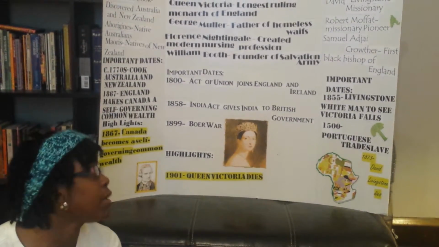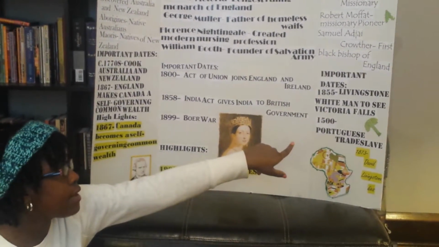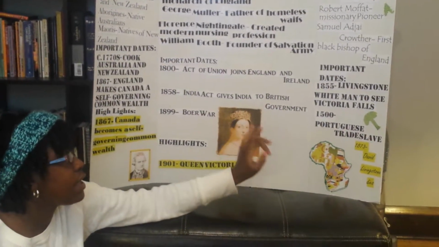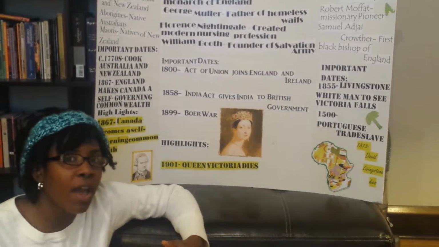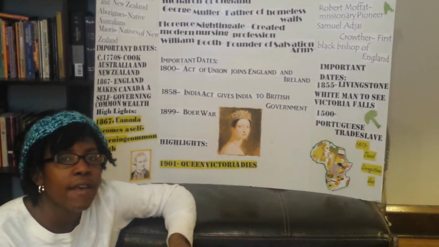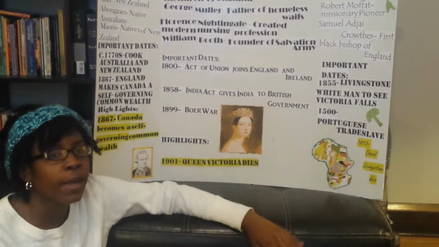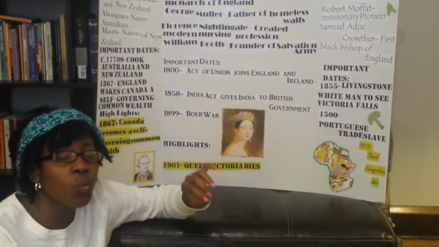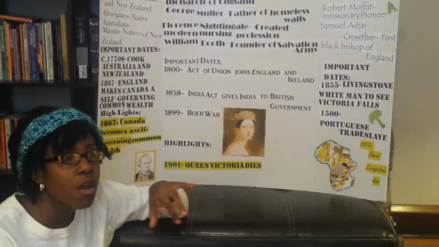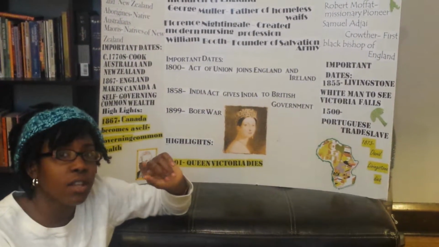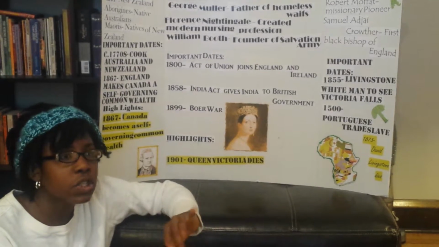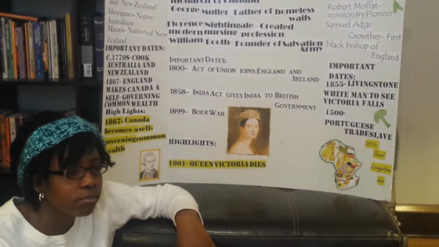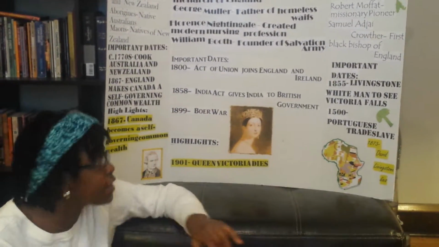a great achievement. Important dates in Africa would be 1855, where Livingstone becomes the first white person to see Victoria Falls, and he names it after Queen Victoria. Something interesting is that Victoria Lake is actually one of the main water sources for the Nile River, which is the longest river in the whole world. So that's really cool, so you can keep that in your brain till you need it as an interesting fact.